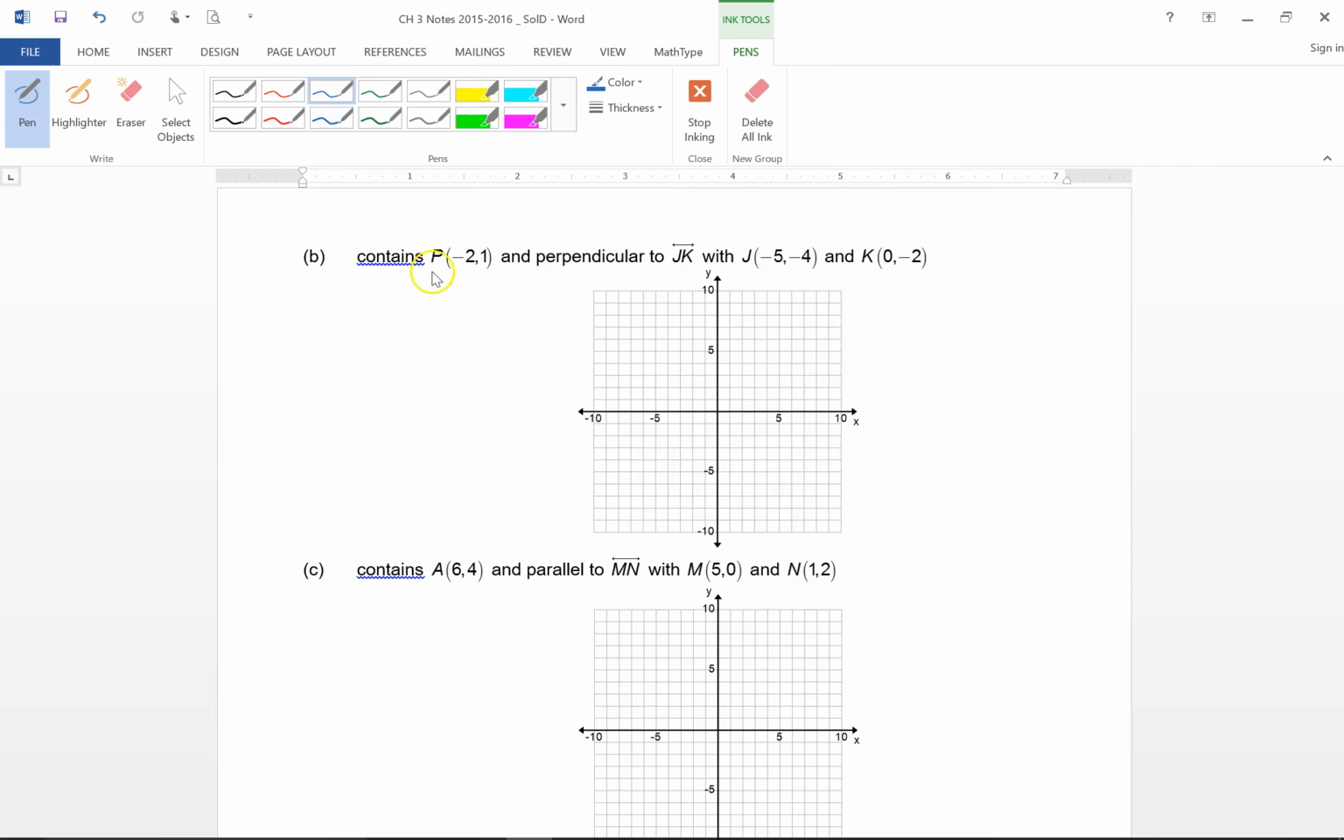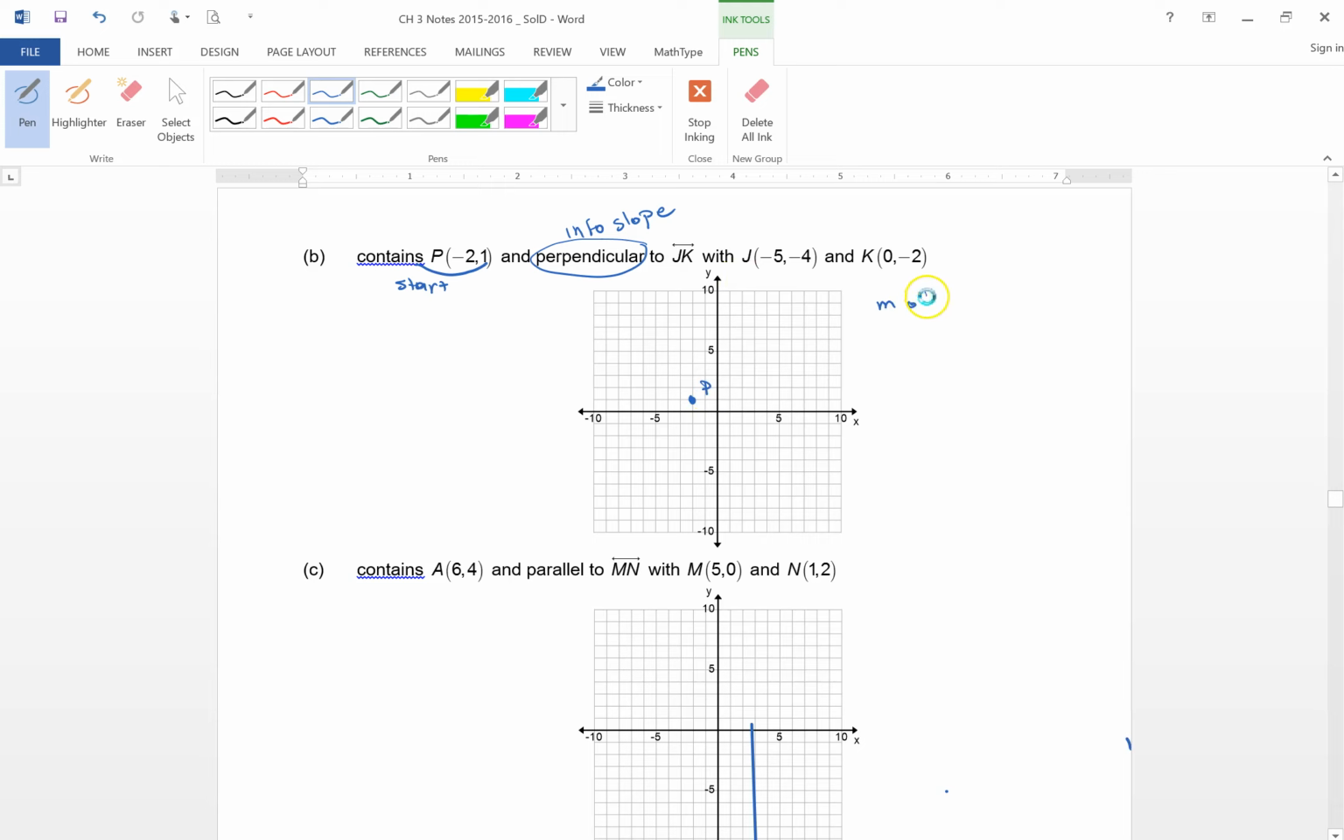This contains point P and -1, so this is what I start with. And it says that it's perpendicular to JK with these points. When it says that it's perpendicular, this is giving me information on my slope. Okay? So let's just plot P first. It's x equals -2, y equals 1 right there. That's P. Okay? Now, the slope of JK